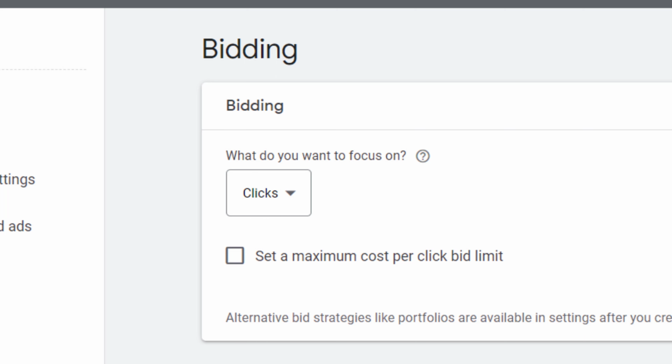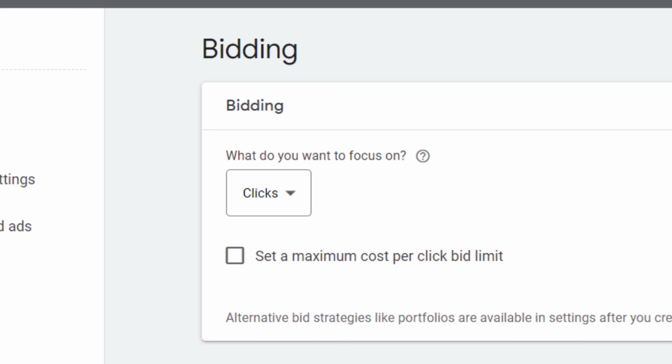First, set your budget. Before you start bidding, it's important to set your budget for the campaign. This will determine how much you can afford to spend on clicks, and it will help you to manage your costs and avoid overspending. Second, choose your bid type.